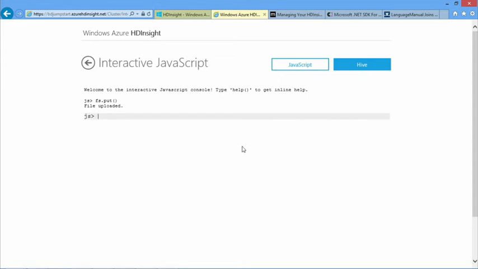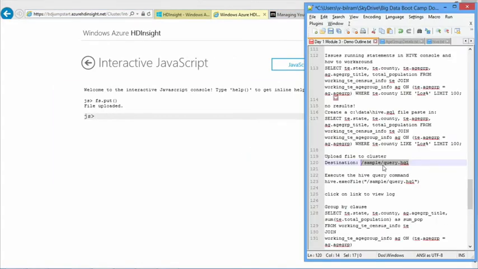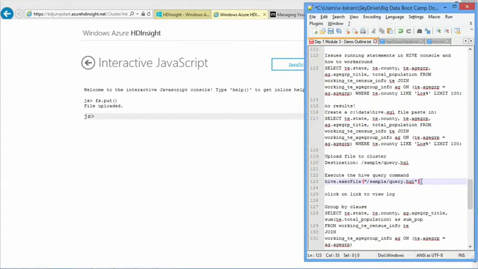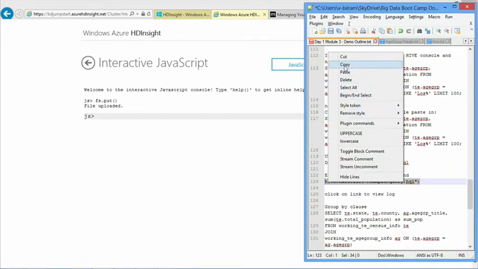Now, one of the things I should point out is that when I issued the query like this, because I didn't put the whole ASV path in here, what's happening is it's using the default storage container, Hadoop root, and actually using the sample folder within that to put our query file. So now it's time to go ahead and run the query. The way I'll do that is through this hive.exec file and give it the name of the file. Okay, and so if I go ahead and select this,